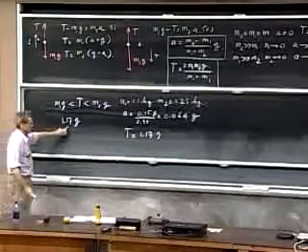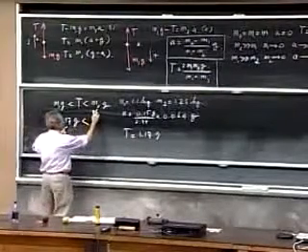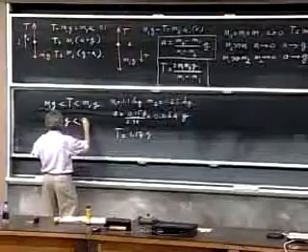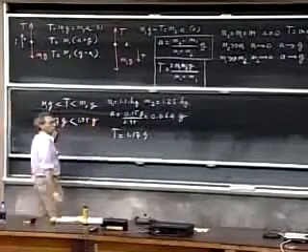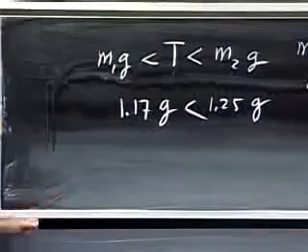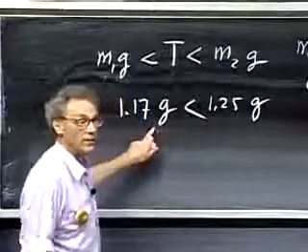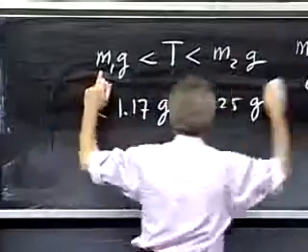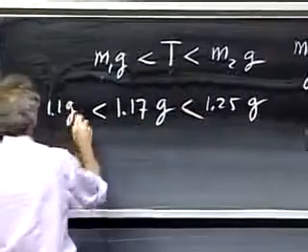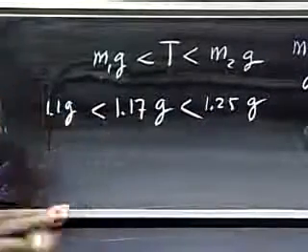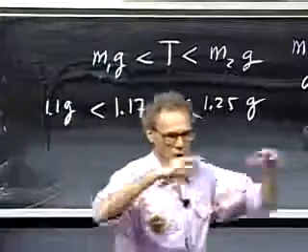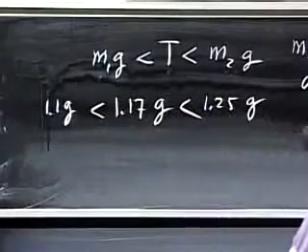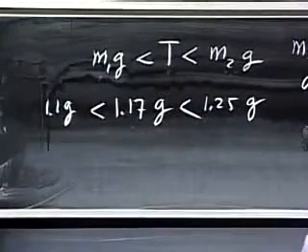This is their weight. This one had a weight of 1.25 g without being accelerated. You see, it has lost weight because it's accelerated down. This one had a weight of 1.1 g. You see, it has gained weight because it's accelerated up. So you see, the whole picture ties together very neatly, and it's important that you look at it that